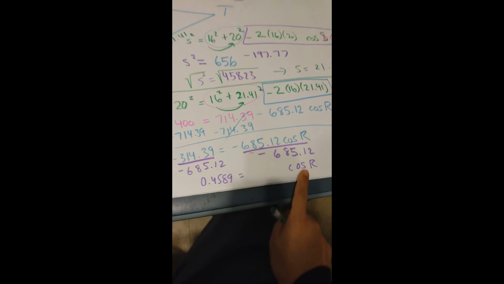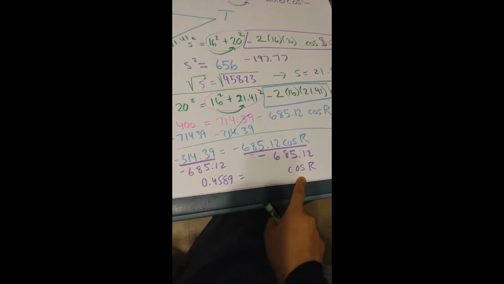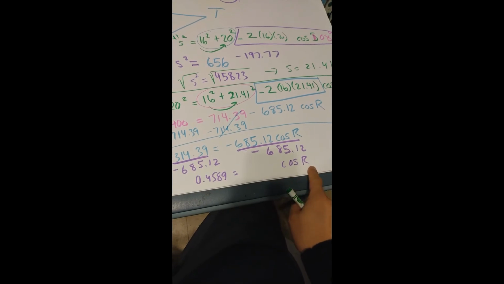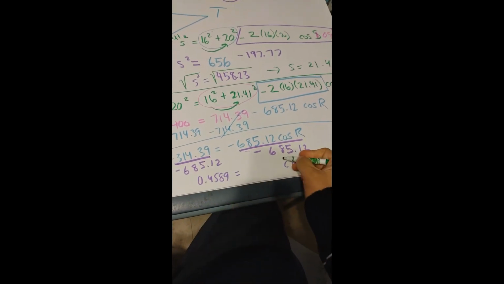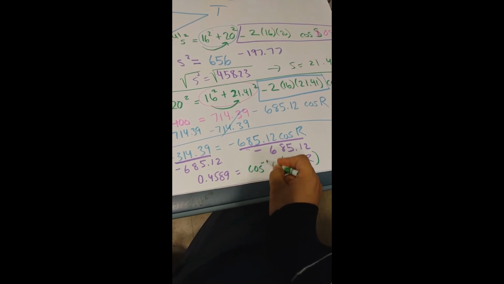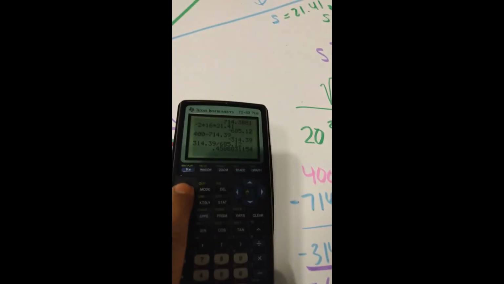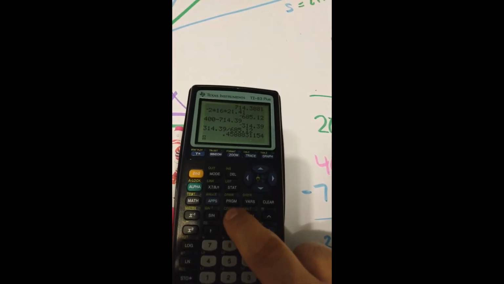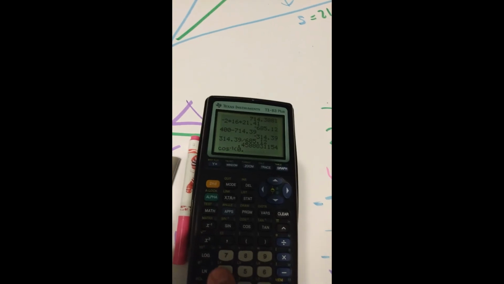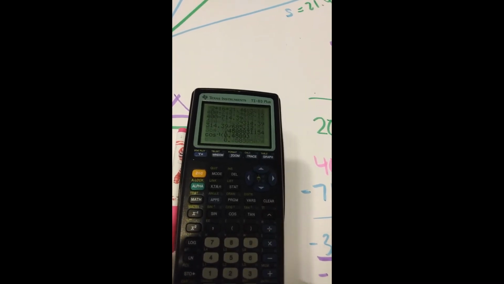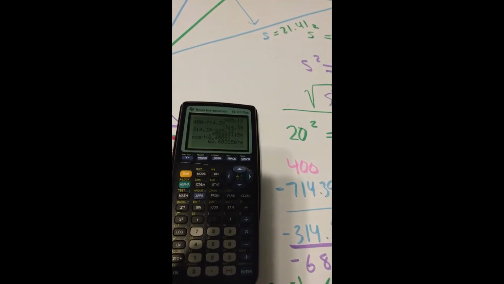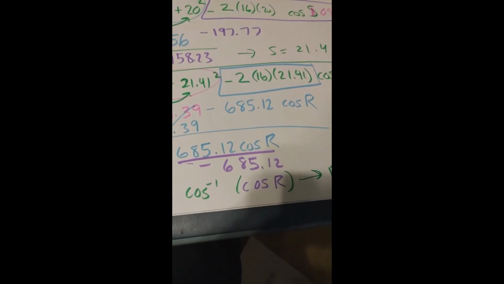Then we have to remind ourselves, how do we get rid of this cosine? Because I know cosine of some angle, some number of degrees, is equal to this thing. Well, I'm going to do the inverse cosine. To remind you how that goes, I will zoom in to the calculator. So if you have one of these, you're going to go yellow button, and then you find your cosine right here. Then I'm going to go 0.4589. Some of you have a blue button. Or if you're on your phone, remember to tilt it sideways, and probably your iPhone or other device may be able to work. So what we get is that R equals